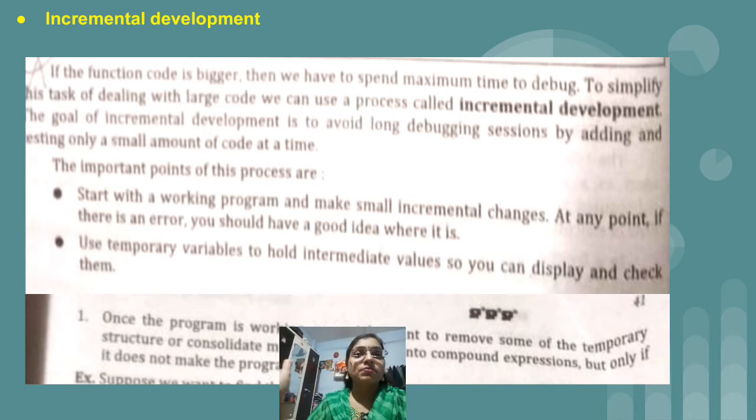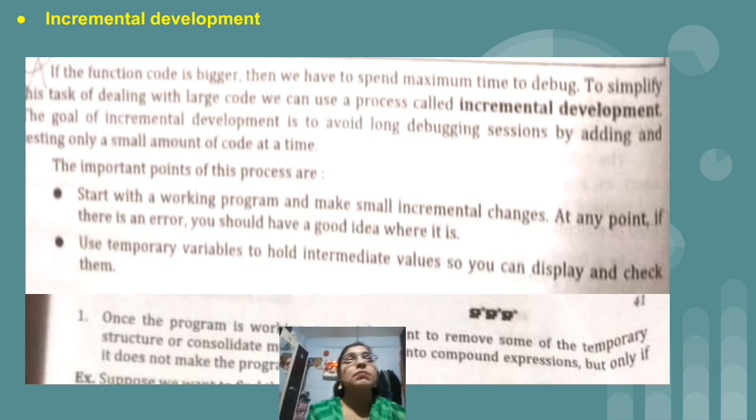Whatever we are going to develop is part of a single project only, but in the form of increments. First we will create the Fibonacci series function as specified in the requirements. Once that function is totally done, then we will create the add function. We will perform testing of it, and once the add function is ready, we will combine both the functions in a single project. After combining, again we will check whether there are any errors or not. Like that we will complete our project step by step. That is nothing but incremental development.